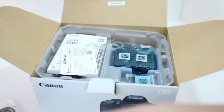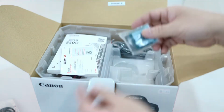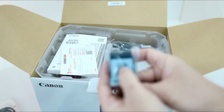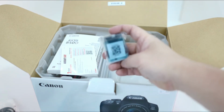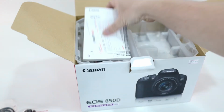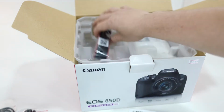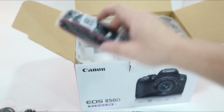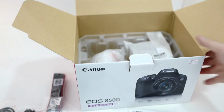So yeah, first you have the power cord, power cables. Of course you have the Canon LC-E17 charger for your LP-E17 battery. So this is the battery, sorry that it's not focusing well, but again this is the LP-E17 battery. And of course you have a power cable again and your manuals. It is very important to read the manual first, and you also have the Canon original neck strap. So that's the first layer, and on the second layer at the bottom, this is your camera and the lens,